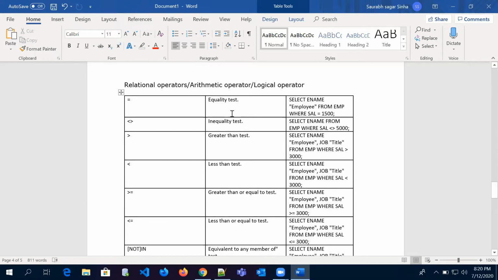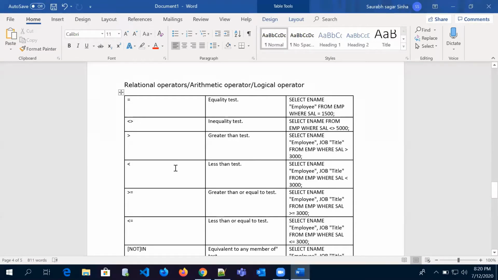Equals. We call it the equal operator. If we want to compare two pieces of information with some equality equation, we use this equal relational operator. Then we have not equals to, which we call the inequality relational operator. This is the symbol if we want to compare two data but both are not equal. In that case we use the not equal to relational operator. Then we have greater than, when we want to compare greater data with the column name or whatever. There we use the greater than relational operator.